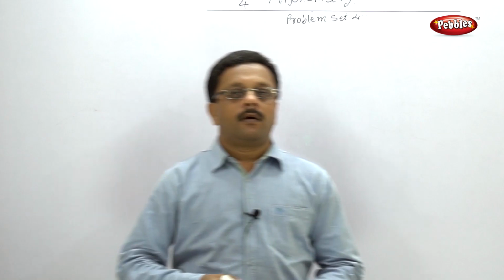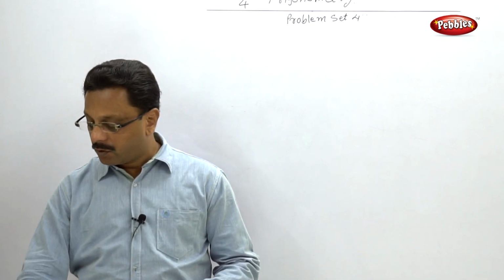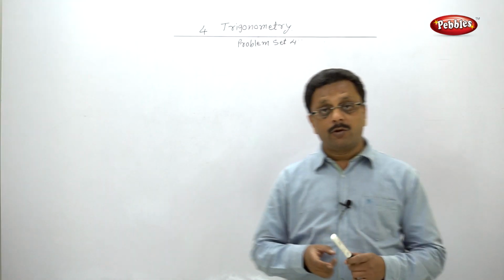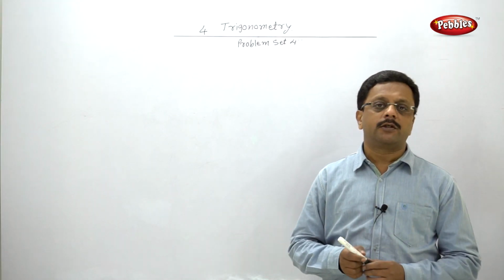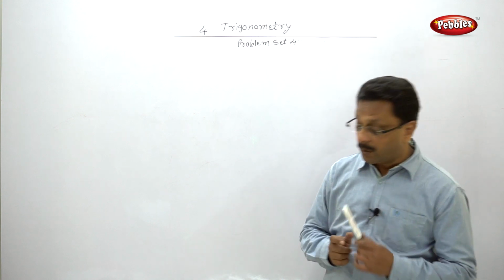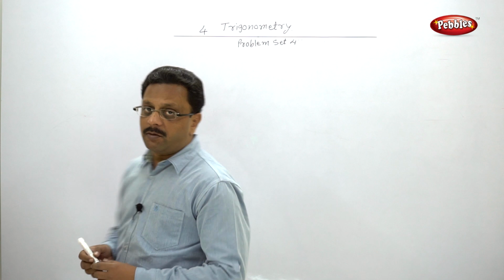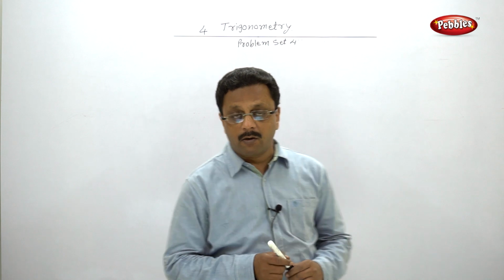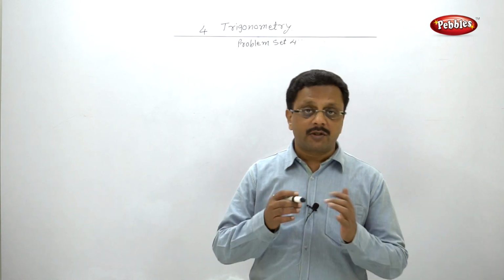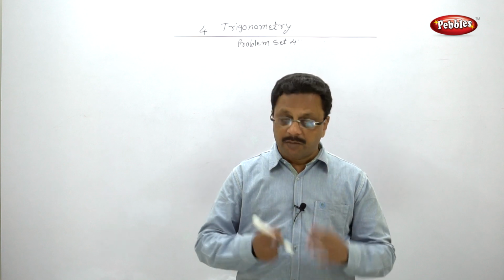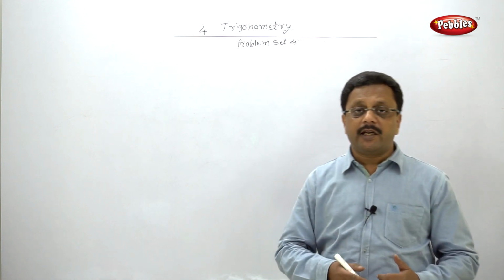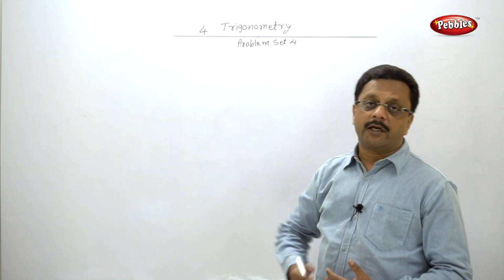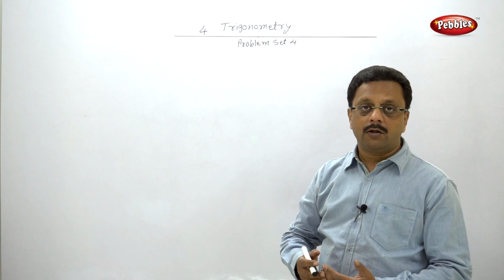Okay. Now the rest of the sums of problem set 4 are on applications of trigonometry. Now as I told you before, if you want to solve these problems perfectly without any mistake, then read the problem first. While reading, draw the figure. If you don't understand how to draw the figure, just imagine yourself at that point. That means if they say that a boy is standing and looking at the top of the tree, imagine yourself you are standing here and looking at the top, so that it will be easy for you to draw the figure